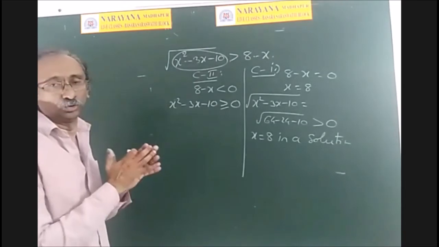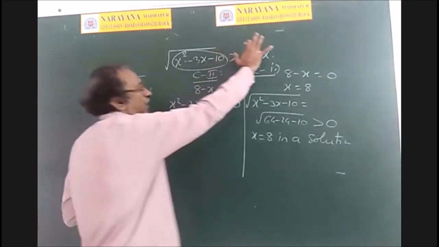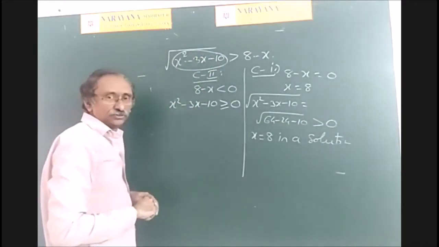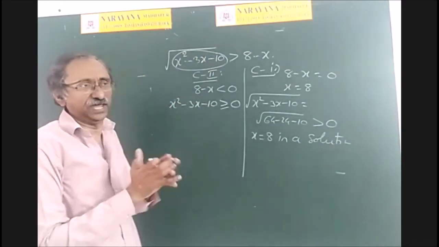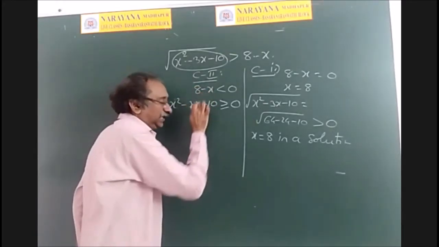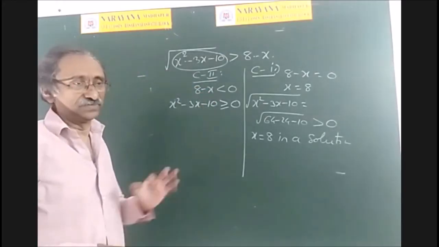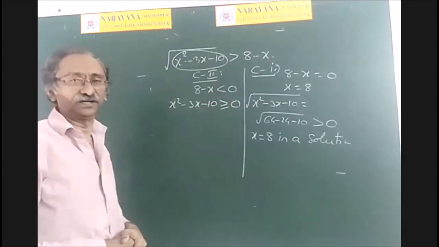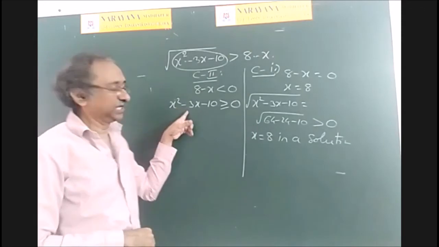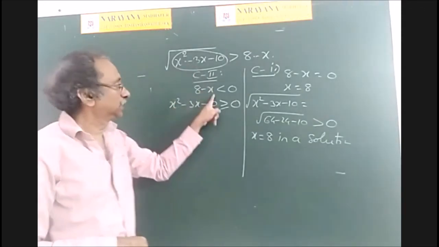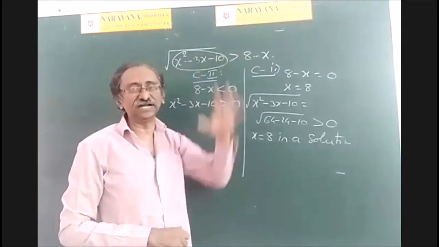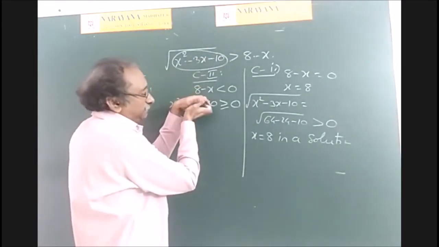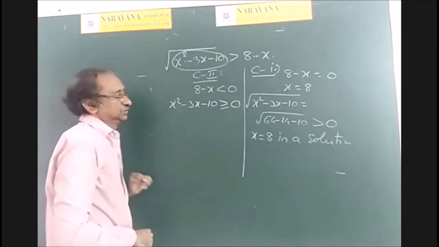See, in this case too, we got two conditions. One is negative, this one, and the other one is greater than or equal to 0. If you take the values of x which satisfy these two inequalities simultaneously, then every such value of x should satisfy that inequality, definitely. Why? Because we are taking x such that this is positive and this is negative. Positive is always greater than negative. Therefore, the solution set is the intersection of these two solution sets.